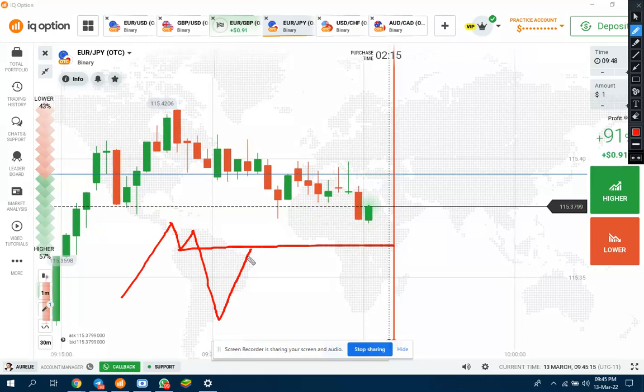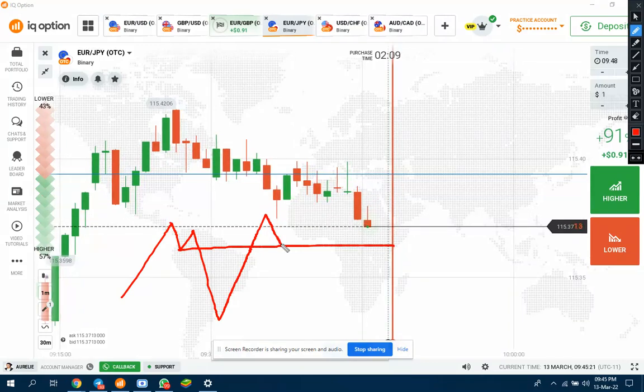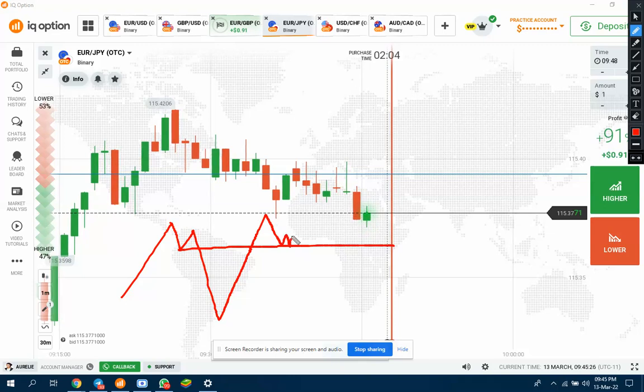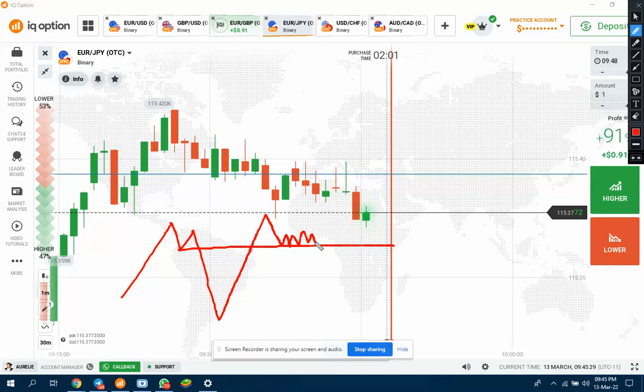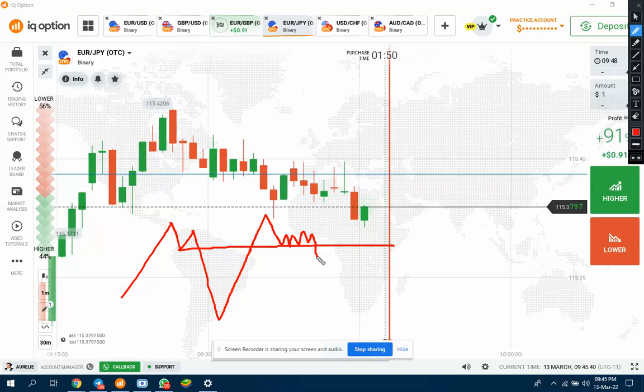Okay, we are expecting the price to come to this point and reverse. If not reverse, the price again continues to the upper side. So we are expecting the price again to come to this level and reverse. But if unfortunately the market consolidates around this area and then breaks the level, we are expecting again the price to come to this point and reverse, or